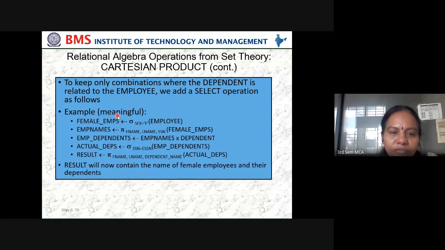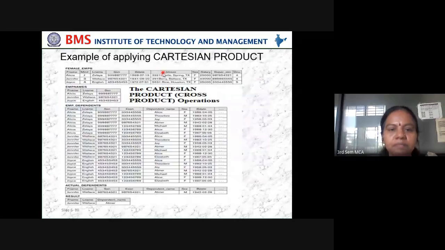In the last example there was no meaning, whereas if you want to make it meaningful, you can add one more operator, a select on actual dependents, and then the result of project on first name, last name, and dependent names in actual dependents will contain the names of the female employees and their dependents. So that is the Cartesian product.